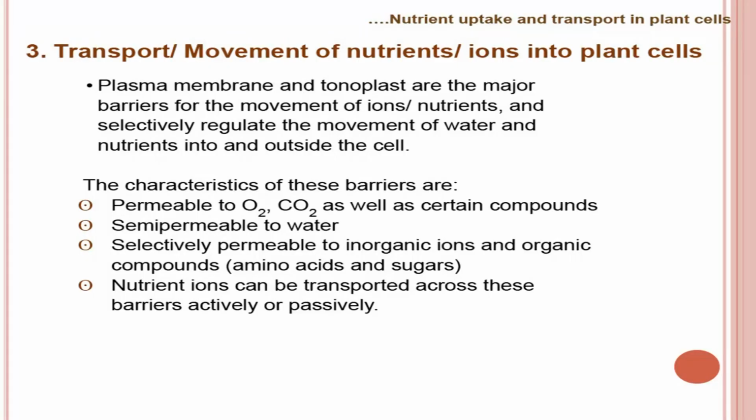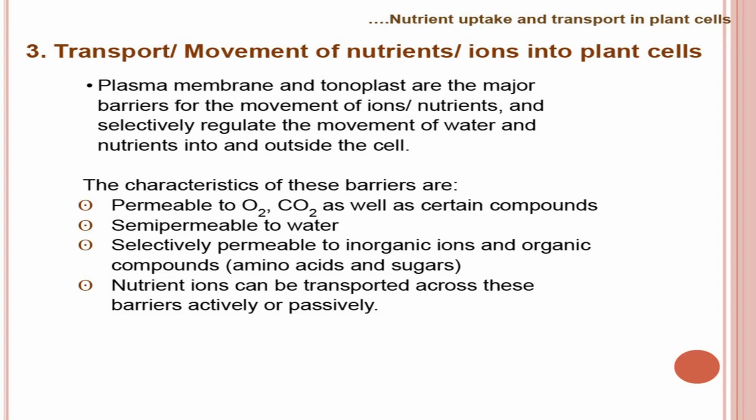As you know, in animal cells there is no cell wall, but this membrane is there in both animal and plant cells. So, in plant cells it selectively allows entry of certain compounds, ions or molecules, but it does not allow some of the molecules or ions. So, this is a very selective membrane.